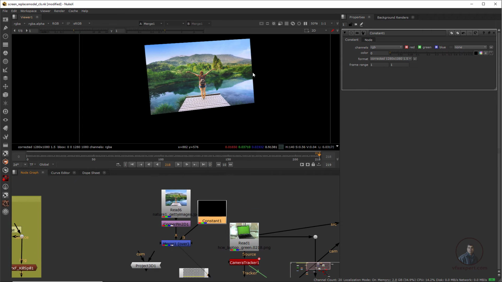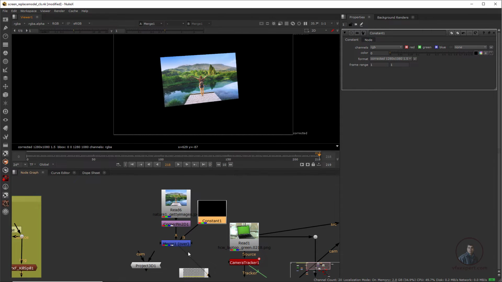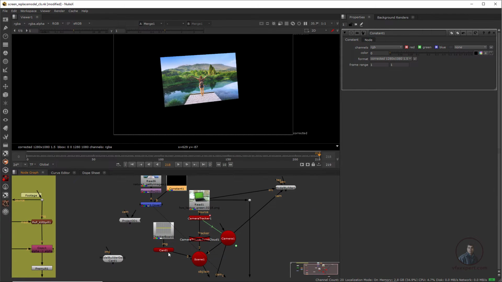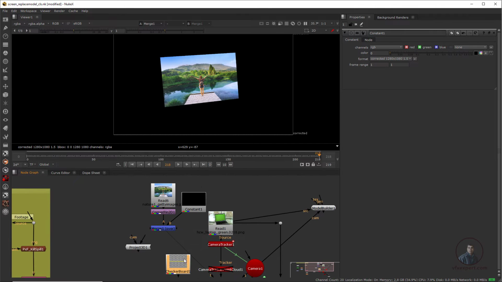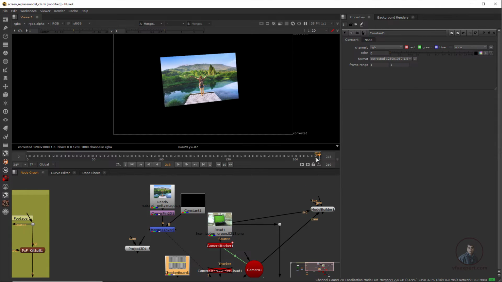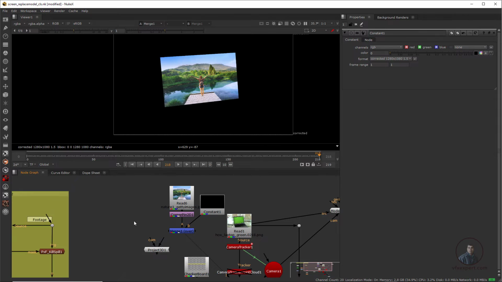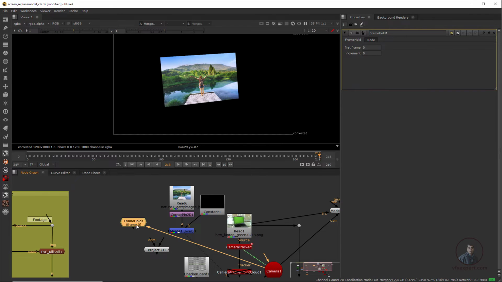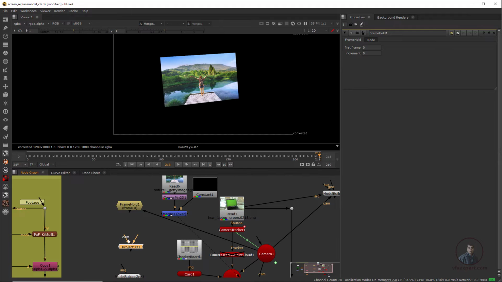Then after this we have to project this output on top of this card here. For this we have to take a static camera on frame 218. So press tab, take a frame hold node and attach it to our original camera, because here I am going to use projection, that's why I have taken this frame hold node. Then double click on this frame hold and type the same frame on which you have placed your screens. Okay, now type frame 218.